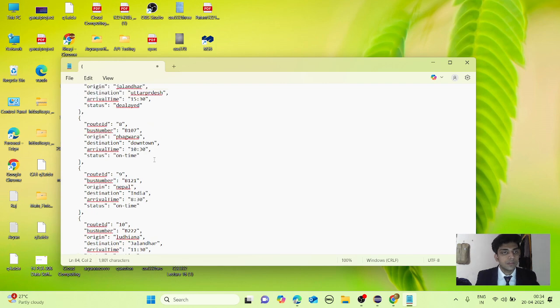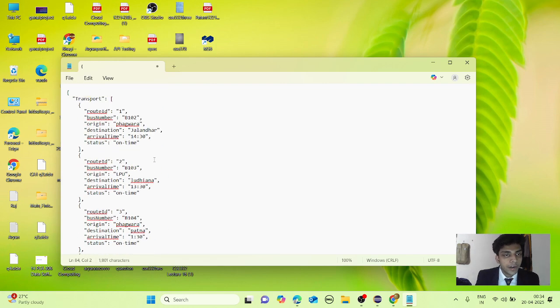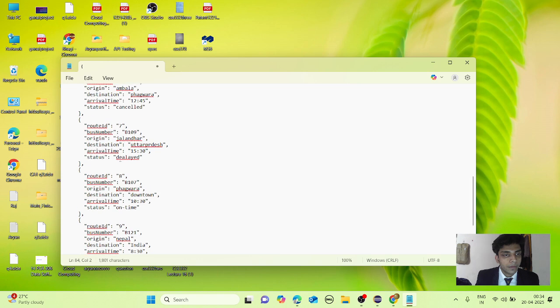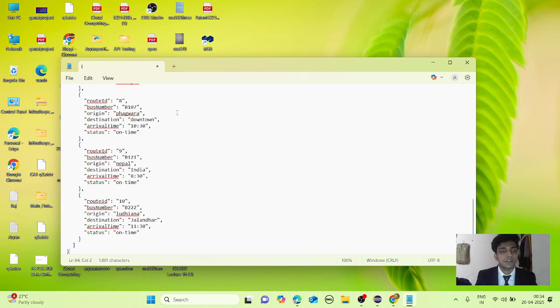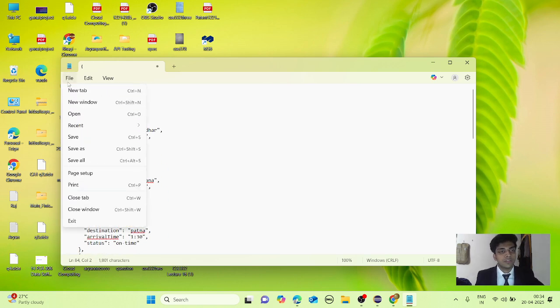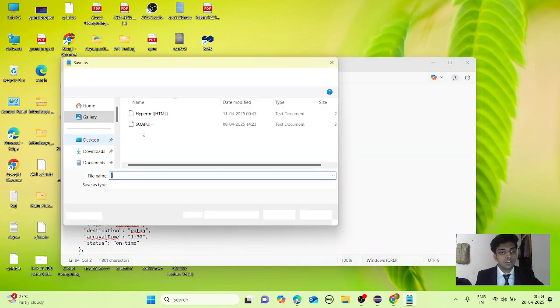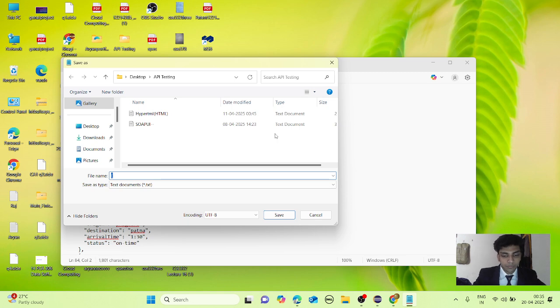I have given it for 10 route IDs. As you can see, all the attributes are given: route ID, bus number, origin, destination, arrival time, and status. First, save it as a .json file to make it JSON data.